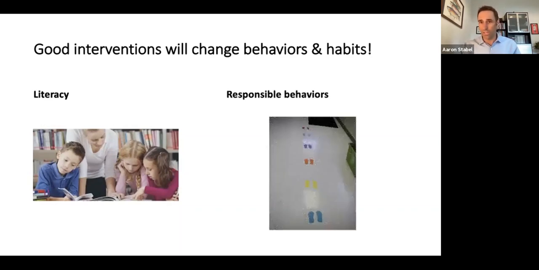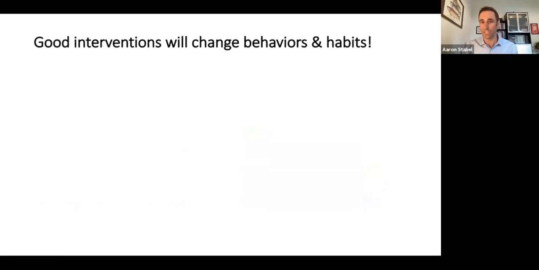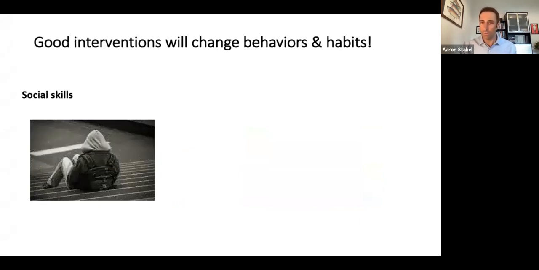So if we struggle with kids lining up, we can use visual supports in an elementary school setting in order to promote and provoke positive lining up behaviors. And that's an evidence-based practice. And so again, we see how positive interventions are very effective in changing not just academic behaviors, but also social behaviors. It can also be very effective to address the mental health needs of our students.